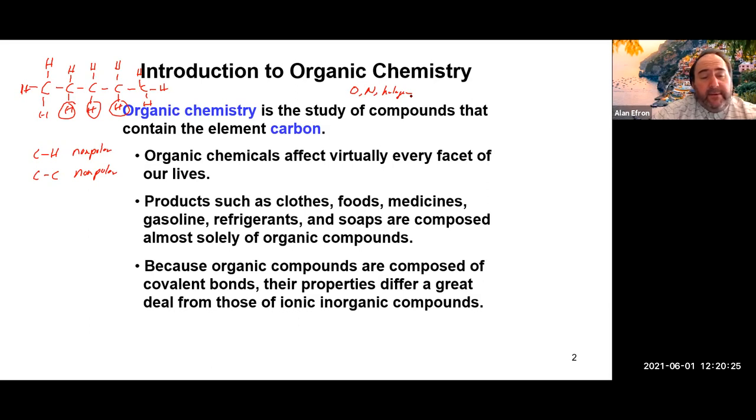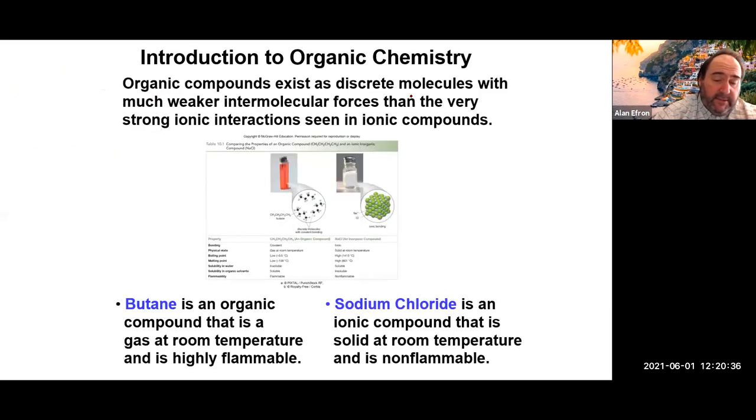Because we're dealing with pretty much all nonmetal interactions, we're dealing with covalent bonds and molecular compounds, and they really do differ a lot from ionic compounds, like sodium chloride. Organic compounds exist as molecules that have much weaker intermolecular forces than the very strong interactions we see in ionic compounds. So remember, when we talk about intermolecular forces,